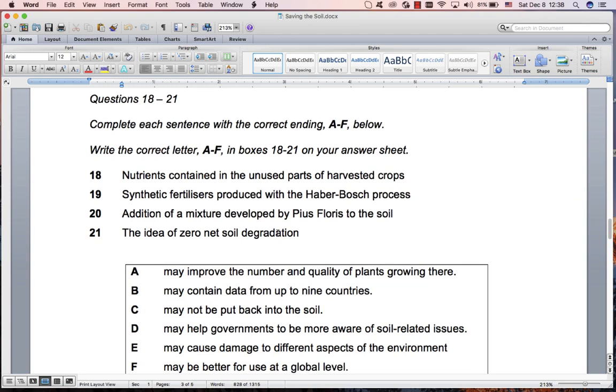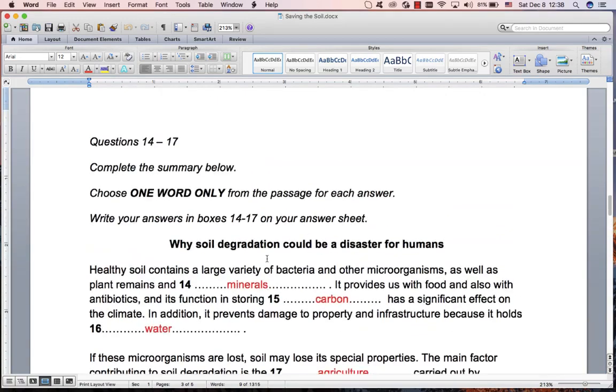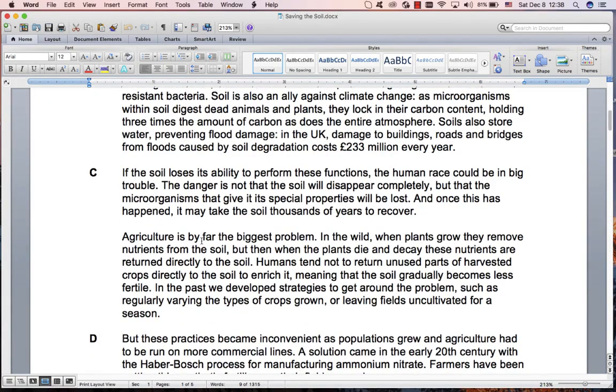Then really just go and read those sentences. Try and just isolate which sentences you must read and which sentences you must ignore. So let's find these keywords. Nutrients contained in the unused parts of harvested crops. Harbour Bosch was over there, so we're